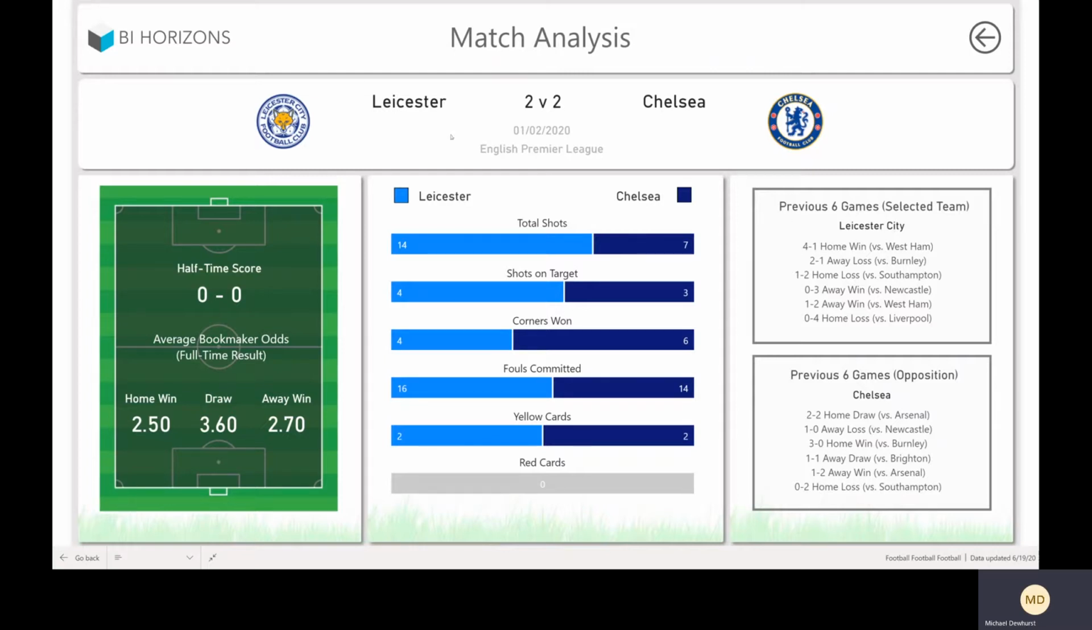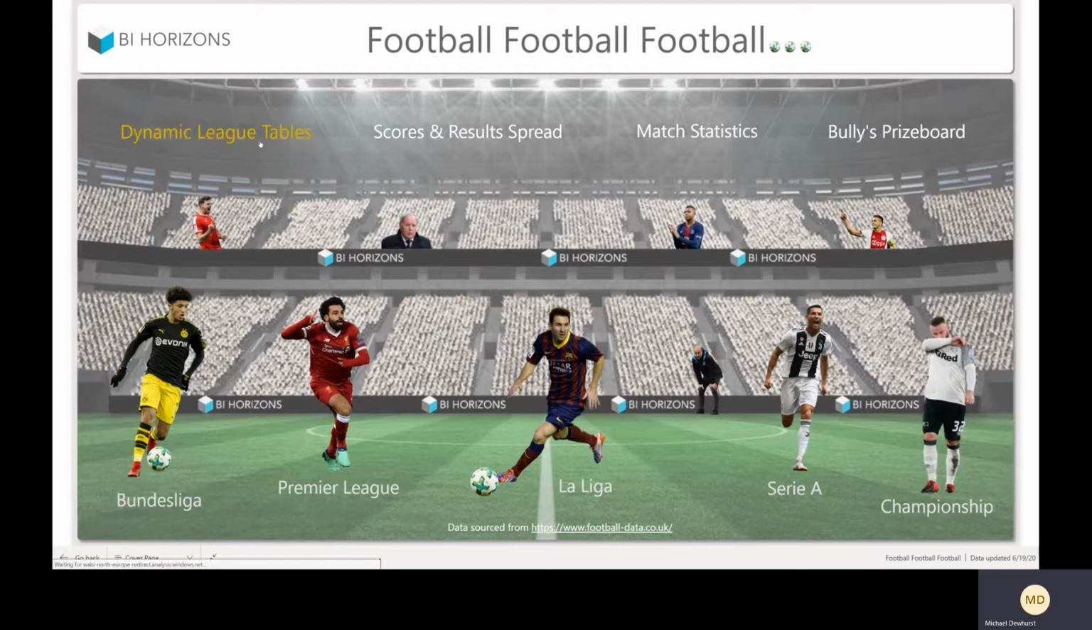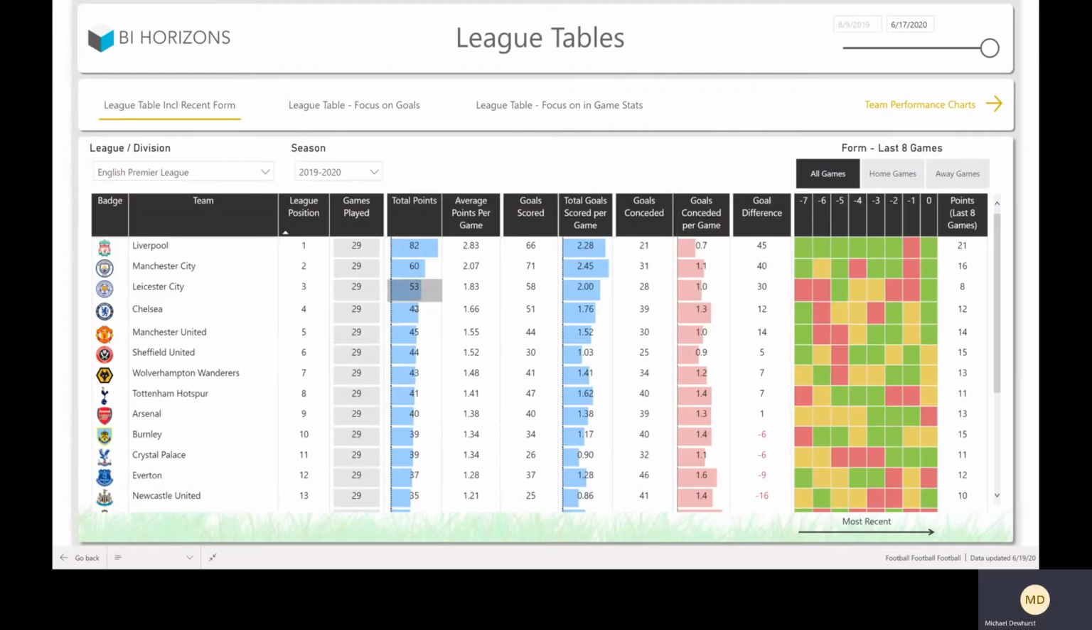So that was Leicester, and then also in this case showing Chelsea's last 6 games. You've got a back button in the corner here, and on every page you've got a BI Horizons logo that takes you back to the main page here. So if I just go back into there, you can also right click from here and drill through to cumulative